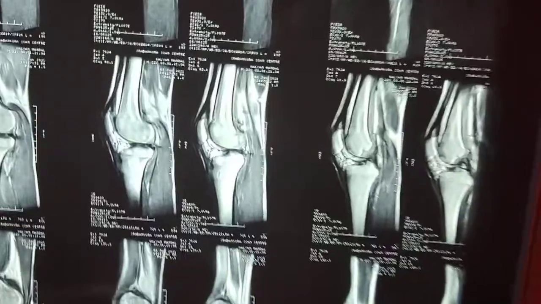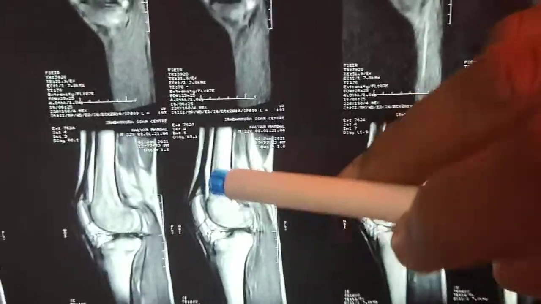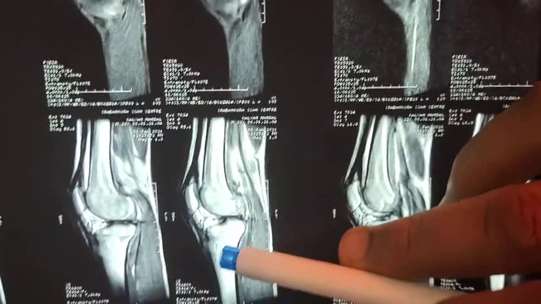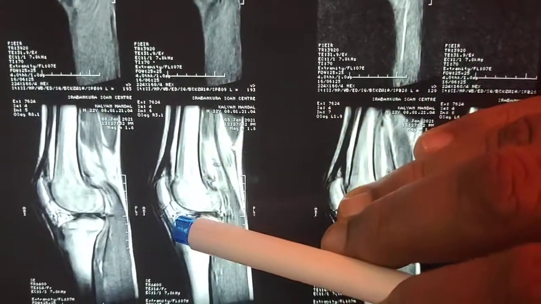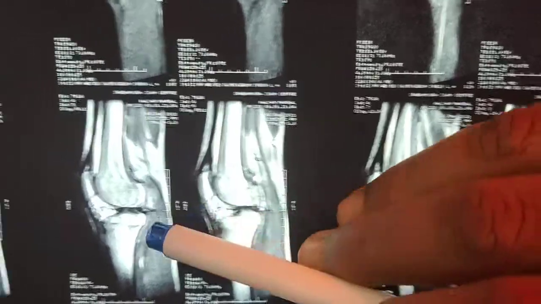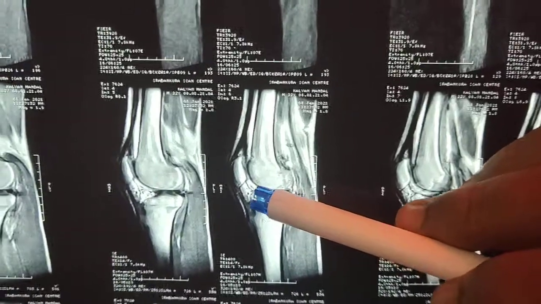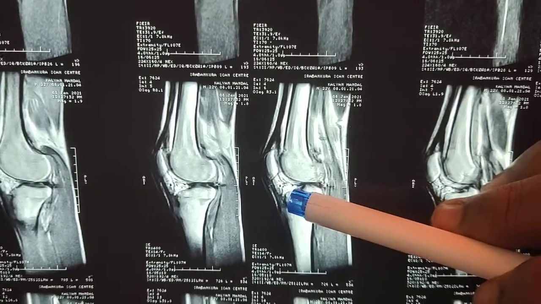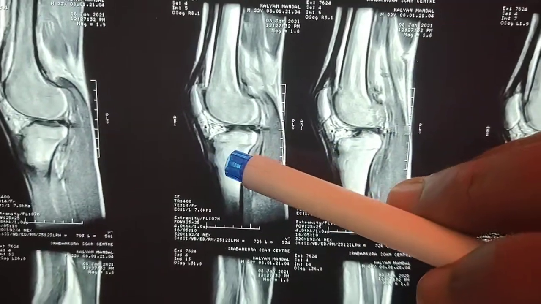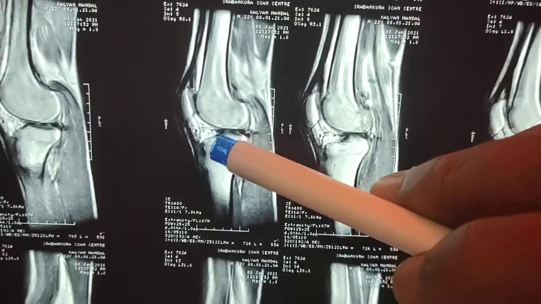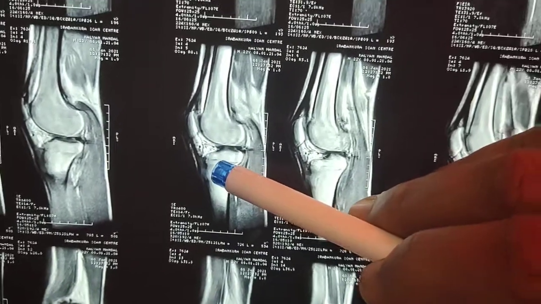In this view we can see the femur. We can see the tibia over here, and this is the patella. We can see the quadriceps tendon, and this is exactly the fat pad. We can see in both views how the signal intensity has increased in the fat pad. So when we tell patients to have an MRI, with this MRI view we can easily identify how the fat pad got inflamed, and this fat pad inflammation made the area swell.